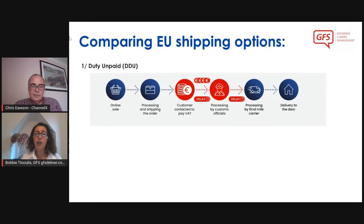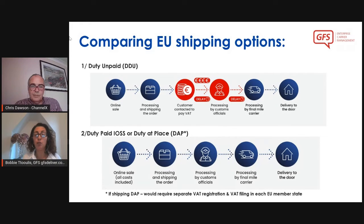Okay. If we now compare that to shipping duty paid, you've got two options. You've got shipping duty paid under IOSS, or you can do it duty at place, or DAP. Essentially, they're both very similar in that when the customer makes their order online, they're going to be charged VAT. The VAT is either going to be collected directly when they purchase online, if it's IOSS,